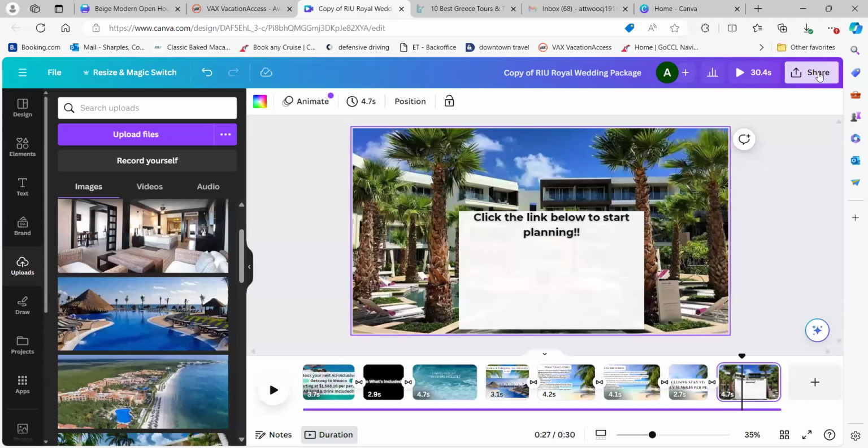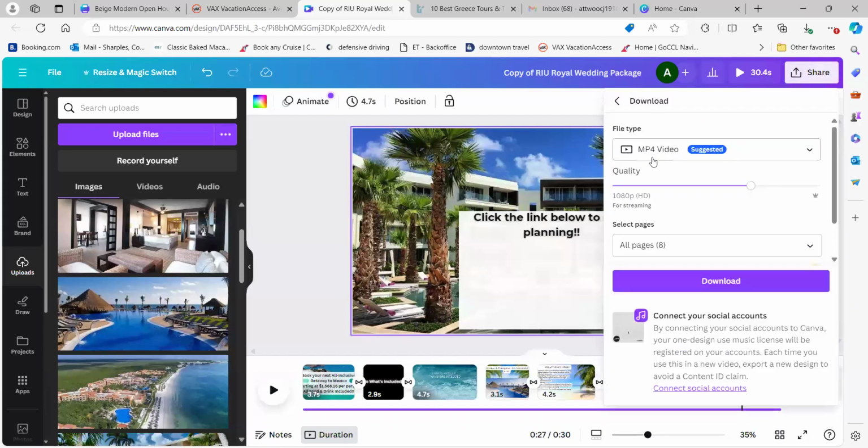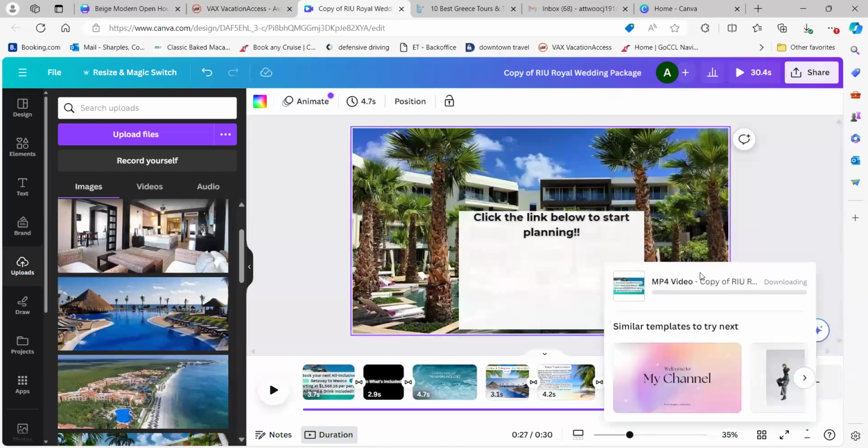And then you can also use this. So for those of you that weren't aware, you can actually download this as a video. As you can see, it's kind of like a video. So when you click share, you want to make sure when you click download that it's an MP4 video. And you want to include all 8 pages or however many pages you make it, or it's not going to have everything you did. And it will download that as an MP4 that you can put on YouTube. You can post it on Facebook. You can use it on LinkedIn, TikTok, Instagram, wherever it is that you focus on. This is going to take just a minute to go ahead and download here.